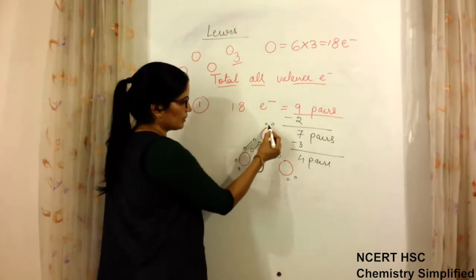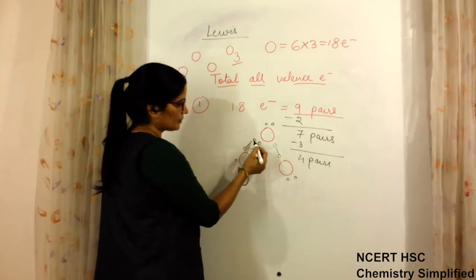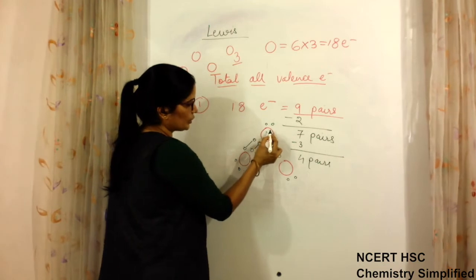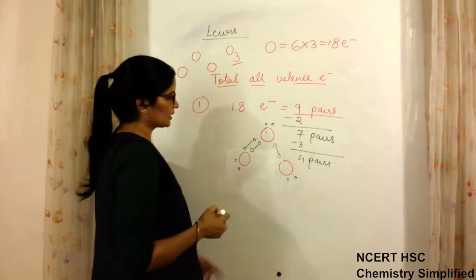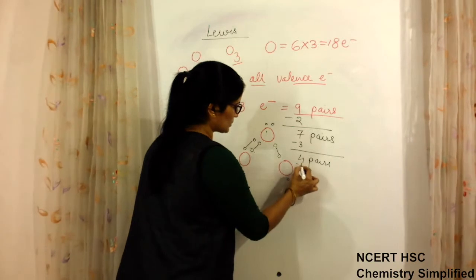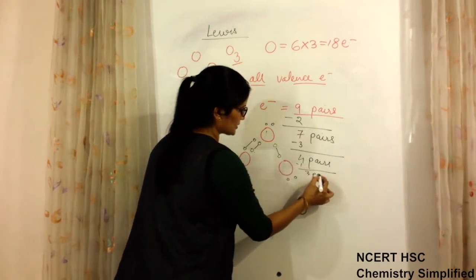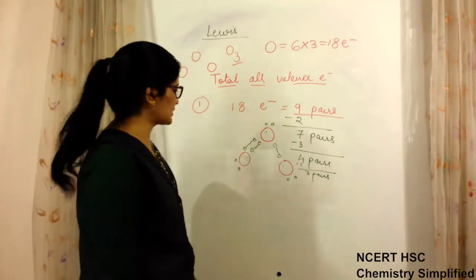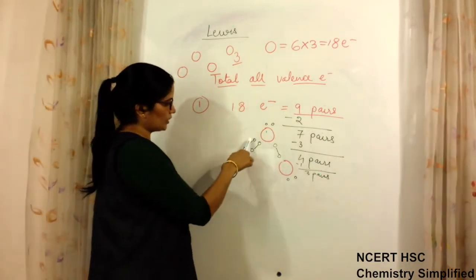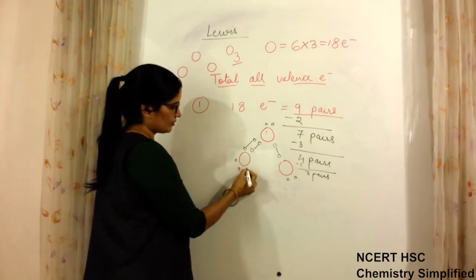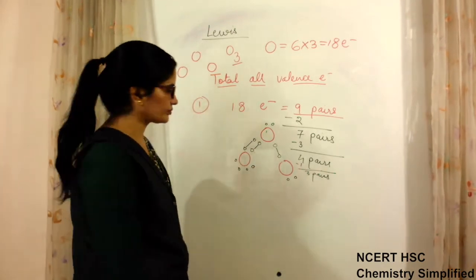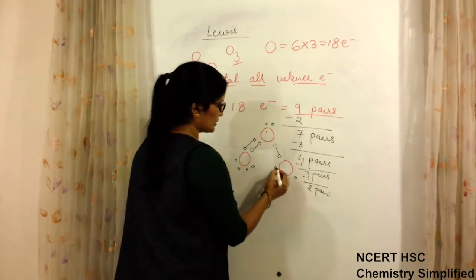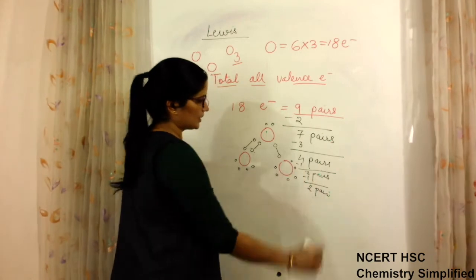Now this oxygen atom has 1, 2, 3, 4, 5, 6, 7 and 8. The octet of this is completed. Now we have taken one more, so minus 1, still left with 3 pairs. Now the remaining 3 pairs we have to give to these so that their octet is complete. So this oxygen atom 1, 2, 3, 4, 5, 6. One more 7, 8. Minus 1 is still left with 2 more pairs. These 2 more pairs, 1 pair and the second pair.